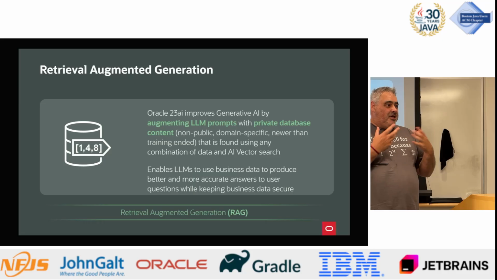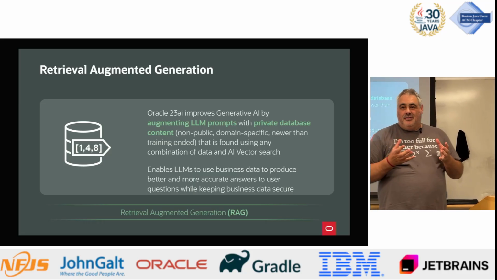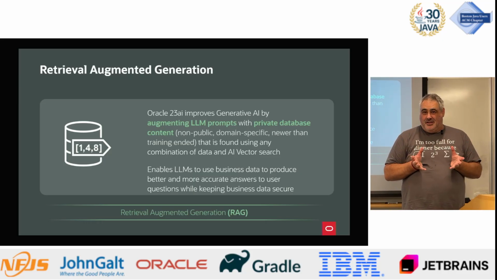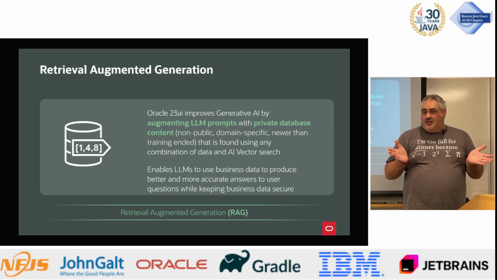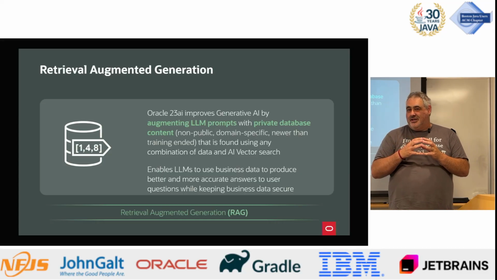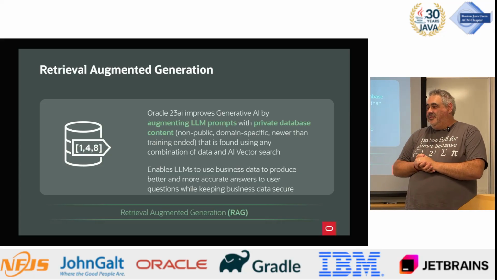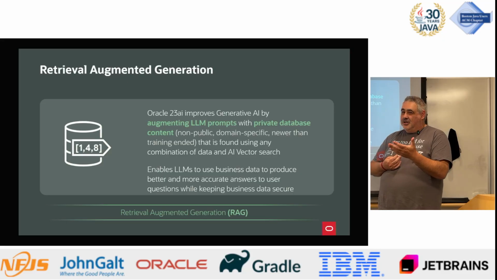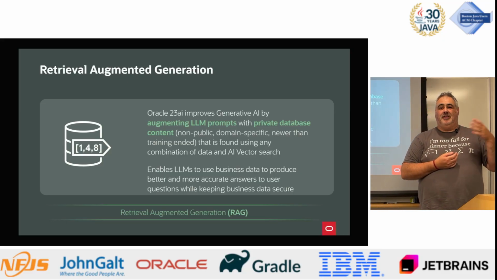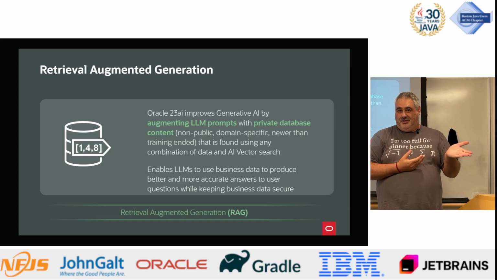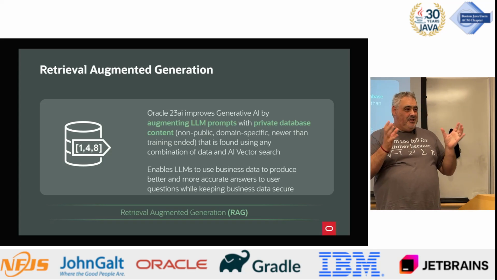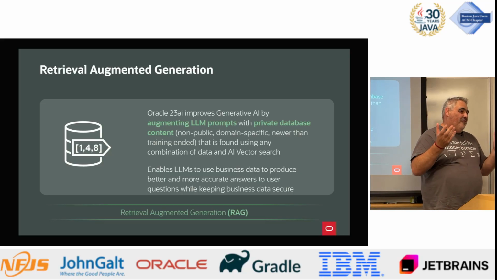So what you do here is you take your private data, your corpus of private information that the model has never seen, and you split it up into chunks, because vectors can only be of a certain size. So you split it up into chunks of the appropriate size, and then you create a vector for each one of the chunks. You put all your vectors in your vector database, and now when a user comes along and asks you a question, for example, what's the fee for a basic checking account? You turn the question into a vector. So you get a vector that represents the semantic meaning of fee for a basic checking account.